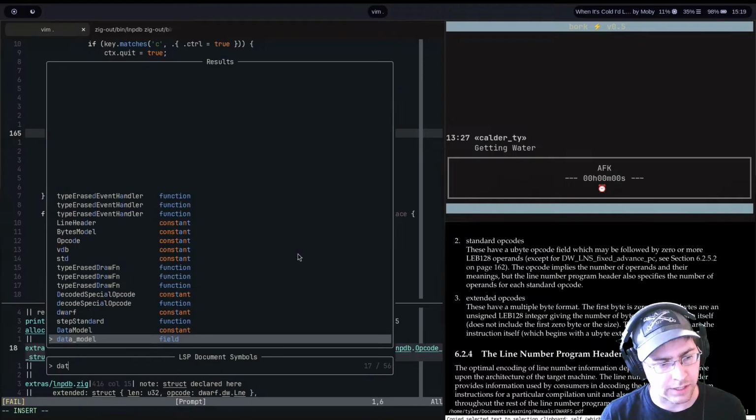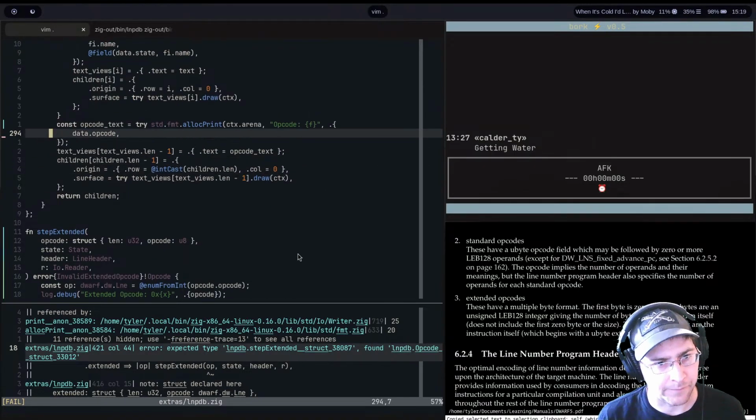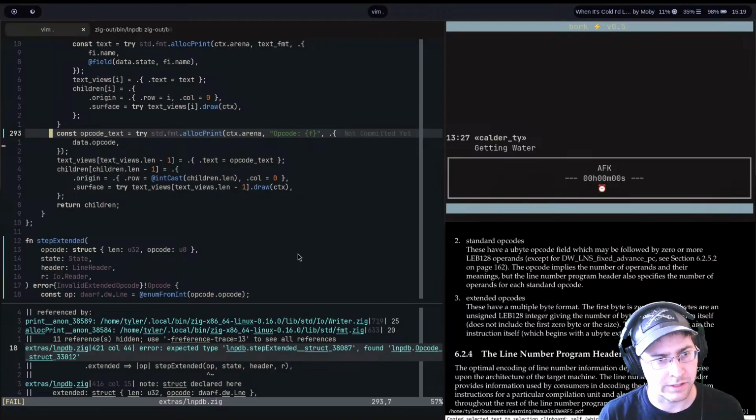It's in data model. Tries to print it down here. Yep. So const opcode text equals